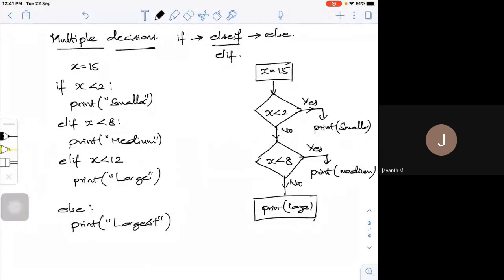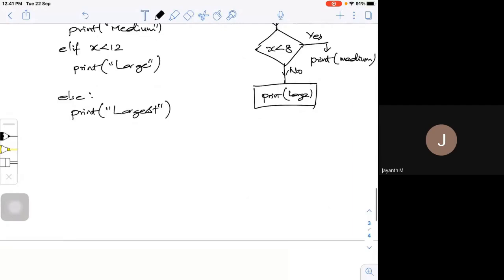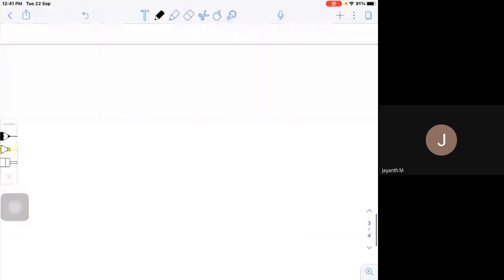We have one condition called try. We call that try and except structures. Okay, try and except structure.